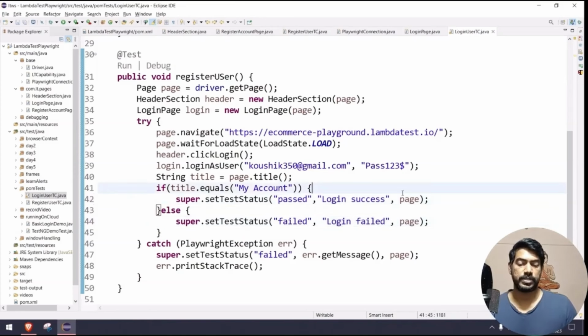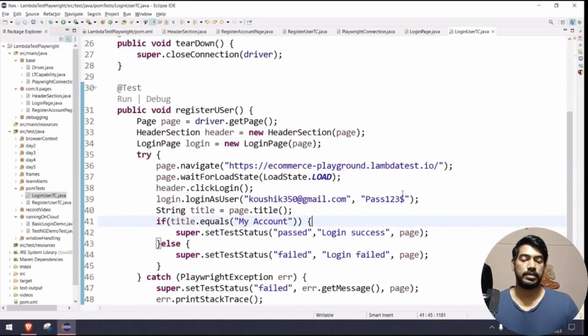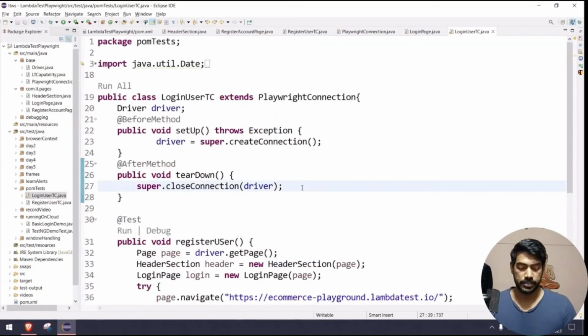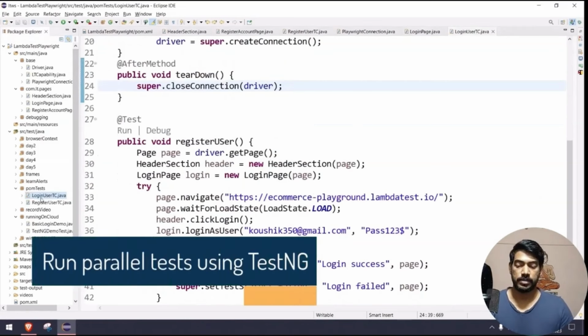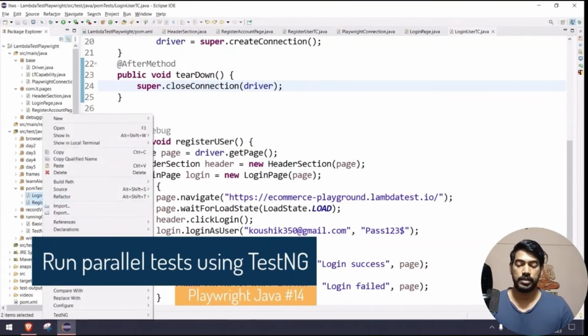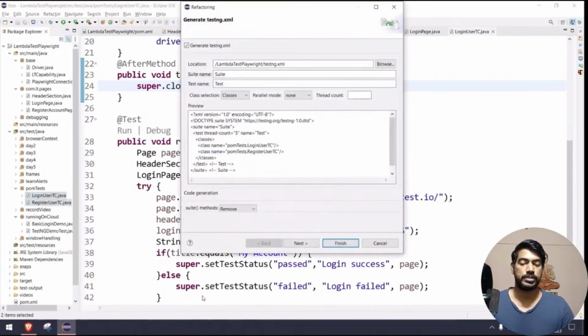So we have two test cases now. I think we are clicking the login, we are doing the login, and we are getting the title. Okay, so you have two test cases now, right? So I'm going to convert this into an XML file. Let me select both of these, right click, go to TestNG, convert to TestNG, and here the test case name is going to be